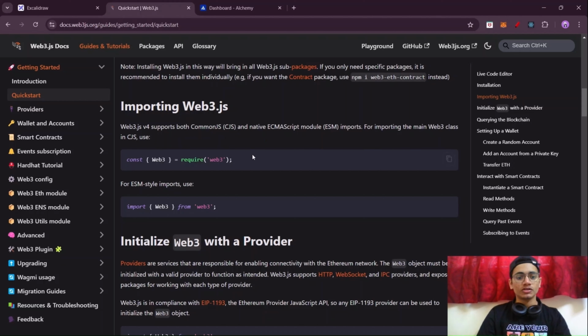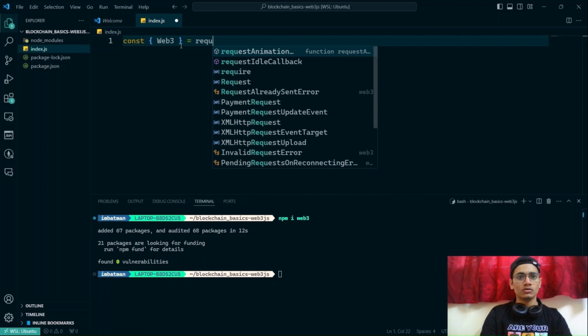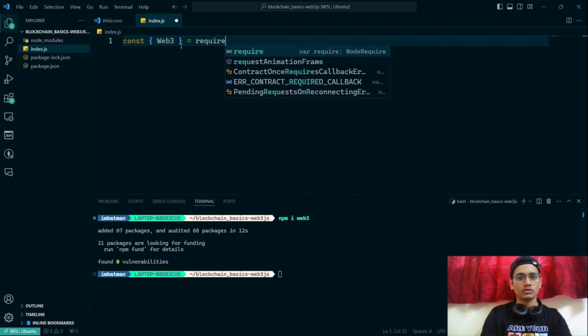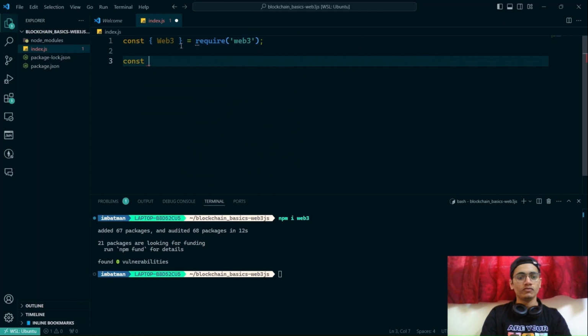Whichever way you're comfortable with. I'm going to use const web3, so we are going to require web3, and then we'll create a new instance of web3,